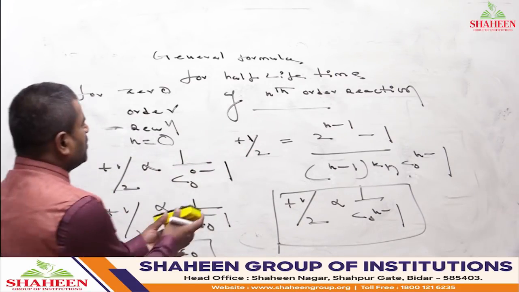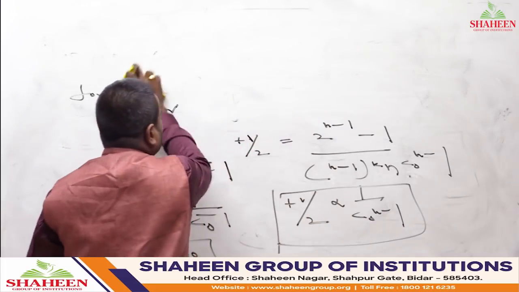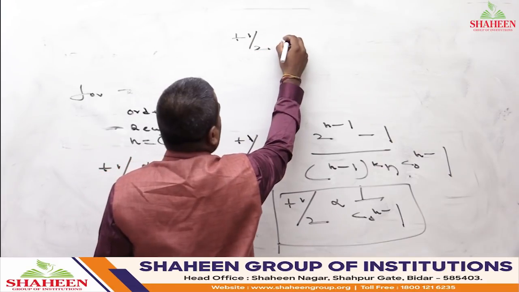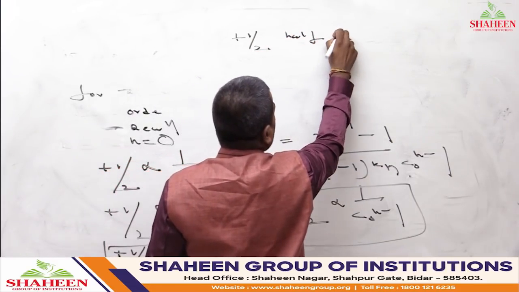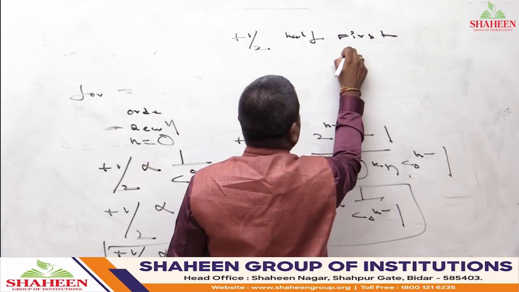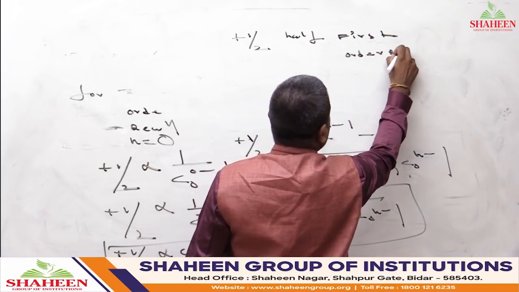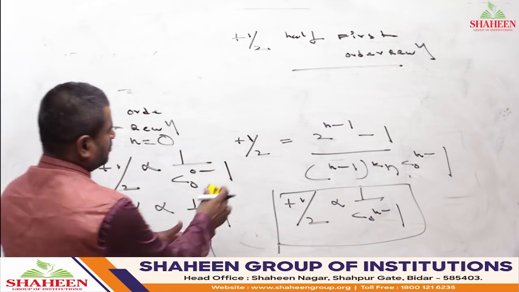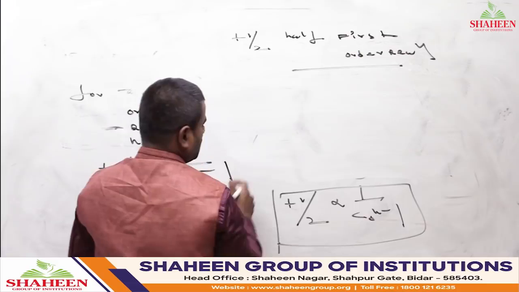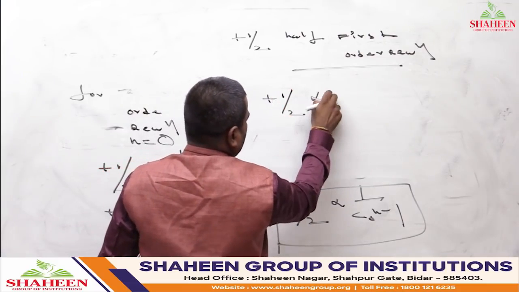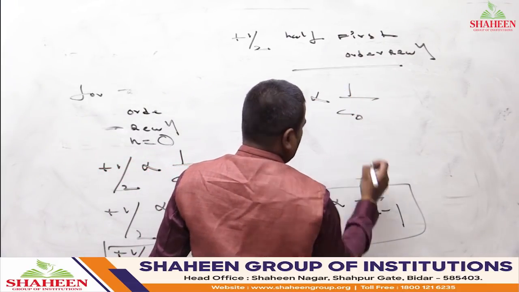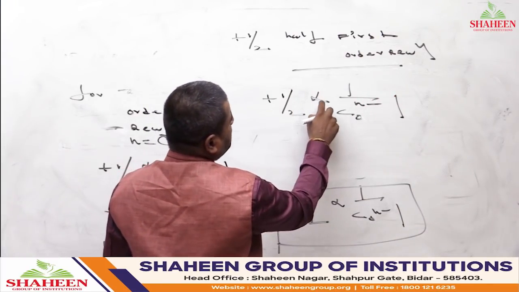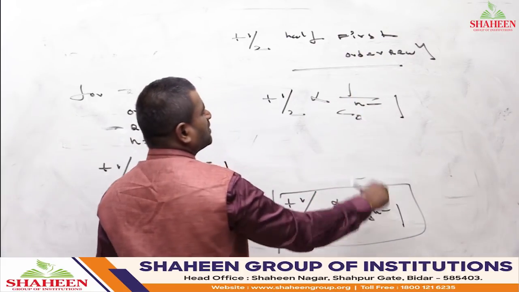Now similarly I am finding T half of first order reaction. T half is directly proportional to 1 by C naught power n minus 1. For first order reaction, T half is directly proportional to 1 by C naught power 1 minus 1, that is C naught power 0, whose value is